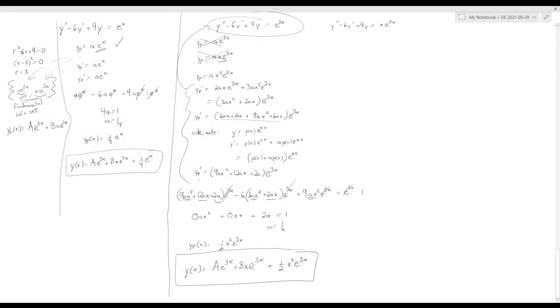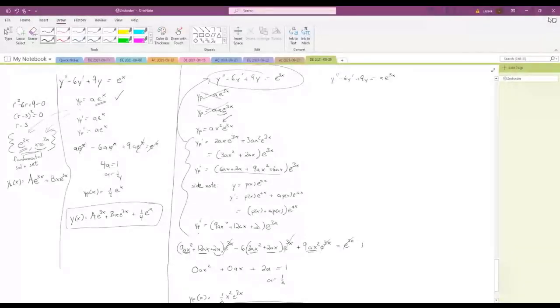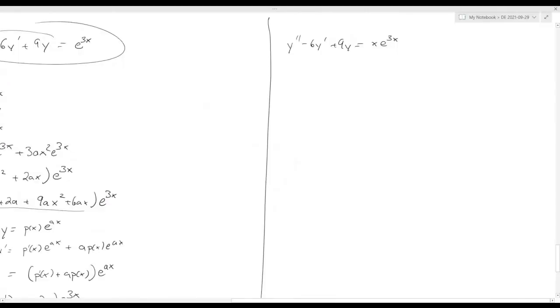All right, so notice that we multiplied by just a high enough power of x to guarantee that everything in our particular solution is independent from everything in the fundamental solution set. Let us do the third example. Okay, so I'm just going to write down the fundamental solution set. All right, so now our particular solution foremost is going to be,